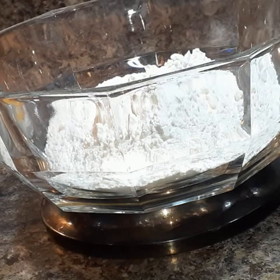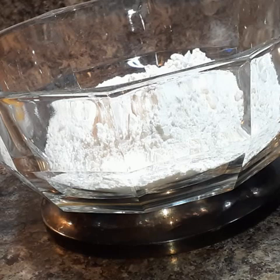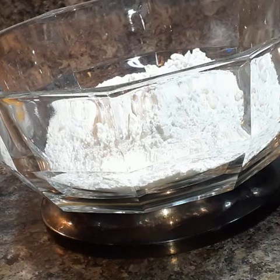Yes, we're gonna make some crackers, and I'm gonna show you how simple and easy it is to make some homemade crackers. Now in this bowl right here, I have 2 cups of flour. I also have 3 teaspoons of baking powder. I also have 1 teaspoon of salt to this flour right here, and I also have 3/4 cup of milk